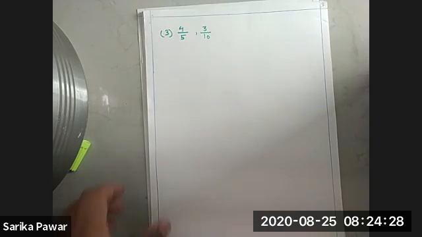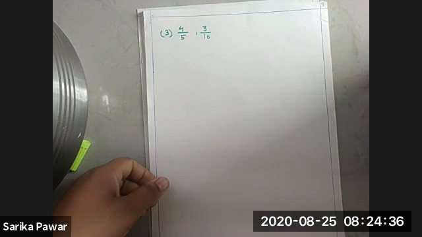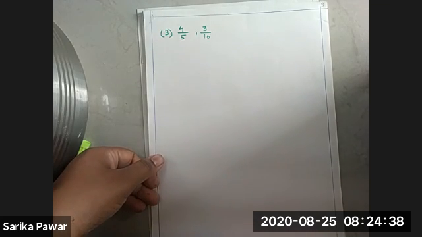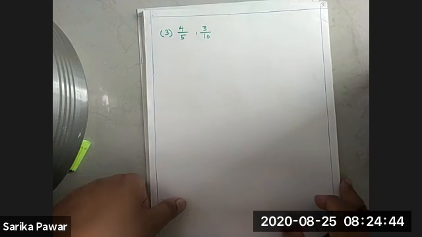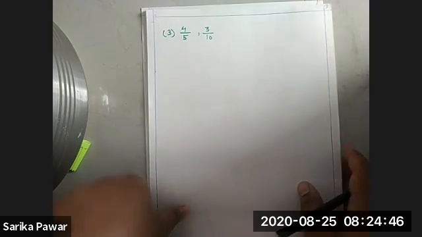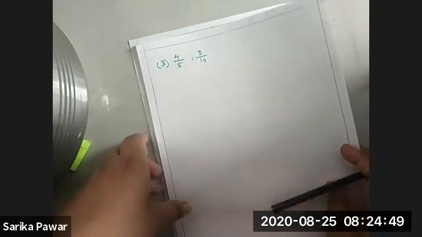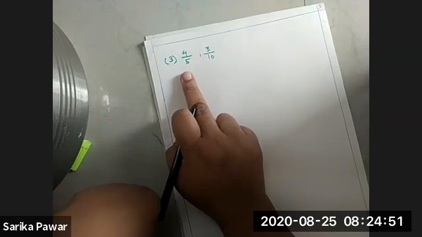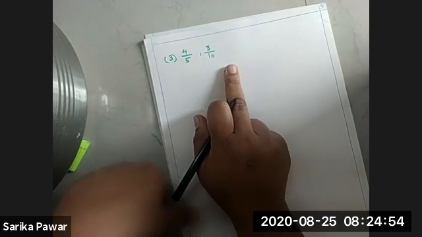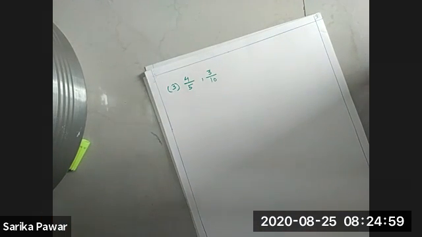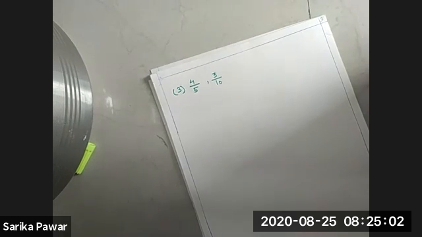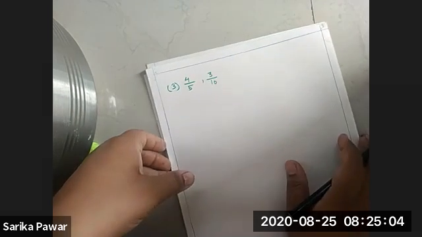The next problem is, see, in your problem set 18, the third problem is 4 upon 5 and 3 upon 10. Same way we will do this problem stepwise. So what is our first step? Here we must find the common multiple of 5 and 10. Here are the different denominators. 5 is the denominator here and 10 is the denominator here. So write stepwise. Don't miss out the steps. If you miss out the steps, then it is very difficult to find the answer. Make it easy.